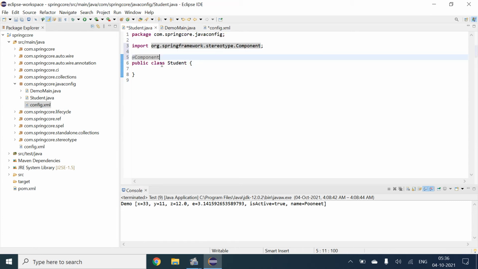So first of all, we have to create the base package and let them know that we have this base package so that it can take the values. So I will come to demo. We will have to get the bean here.